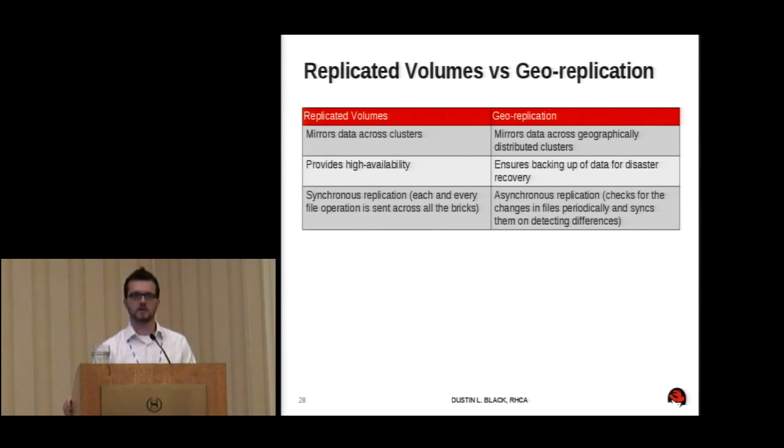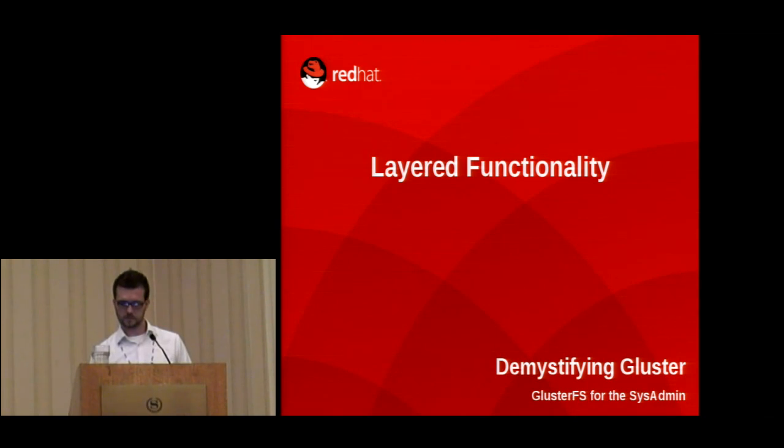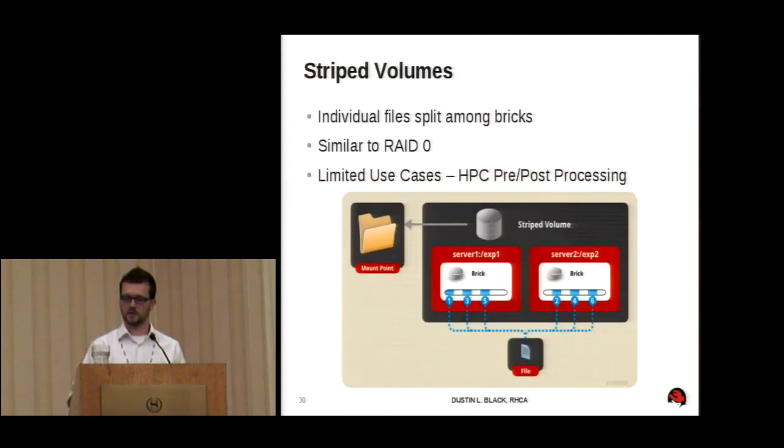So this is just comparing what you're looking at for the two different types of replication. You've got in-data center replication and multi-data center across the network replication here. Replicated volume is mirroring your data across clusters, and geo-replication is for geographic distribution. So we did distribution and replication, and you saw how these are layered functionalities, but we're going to get into some more of those layers that you're capable of using with the basics of GlusterFS.